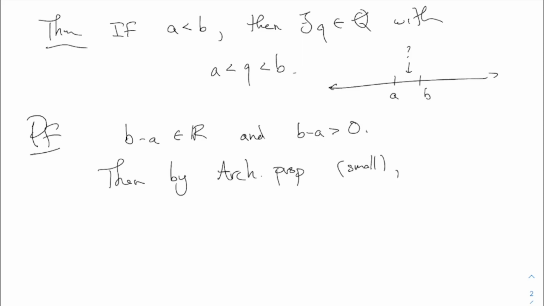can anyone remember what does that mean? What does it say in this case? I said it out loud a few times. Starts with this. Yes, but instead of x, I'm using b minus a. So it's like that. This is what the Archimedean property says. There exists some n, a natural number, with 1 over n less than b minus a.